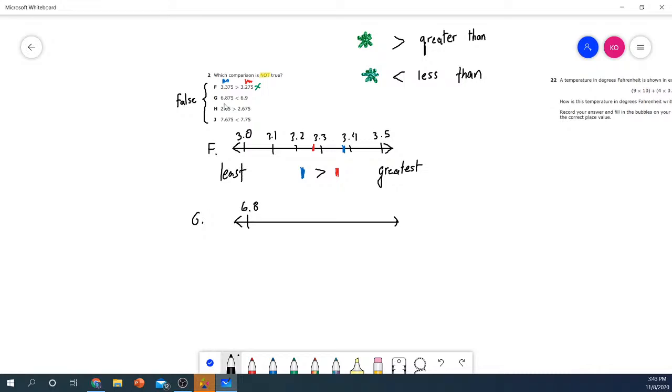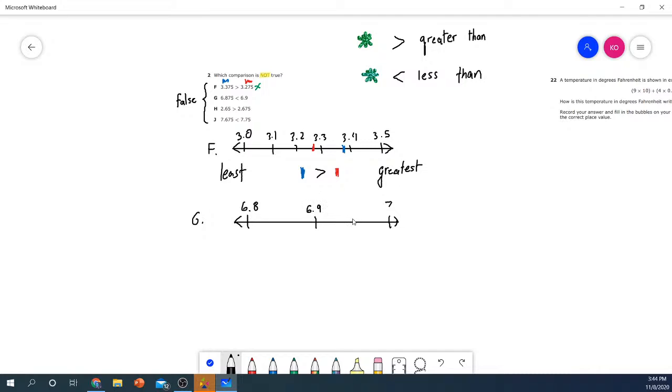And we also know that 6.875 and 6.9 are less than 7, because we know from the units place, 6 is less than 7. So we can put 7 here, and for middle we can put 6.9